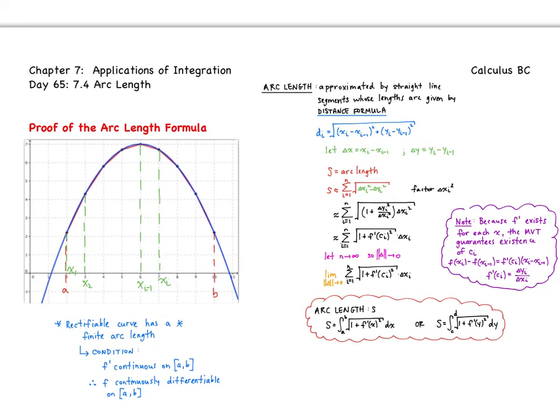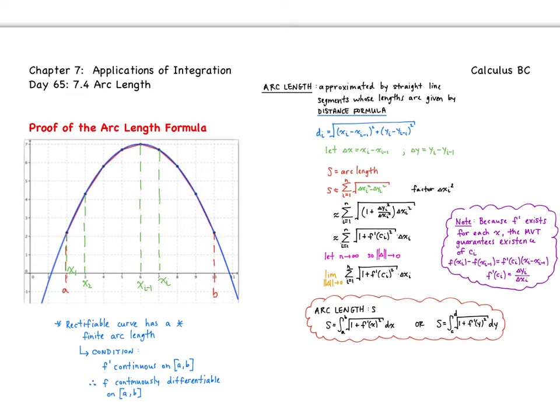So if we're looking at this curve over here, we essentially want to find the length of this arc. Okay, and we're going to do that by piecing all these different straight lengths together, and eventually what's going to happen is we're going to create these lengths so that the distance between these x values is smaller, smaller, smaller to an infinite amount, and that will give us our smooth curve, and we'll be able to find the length